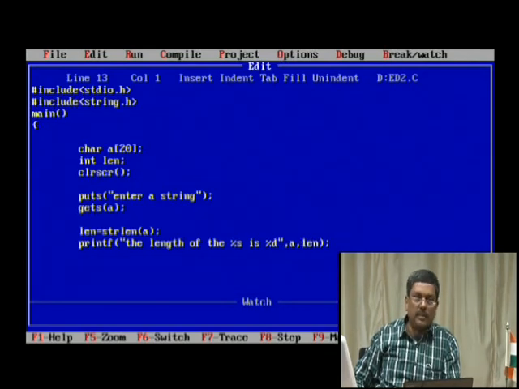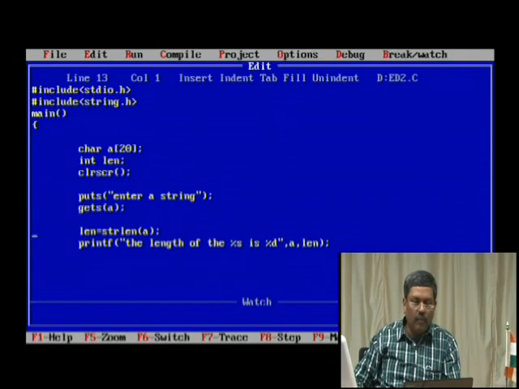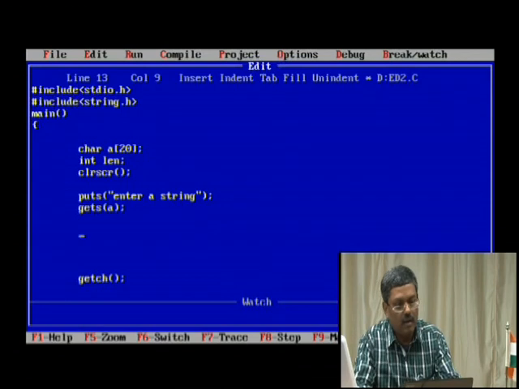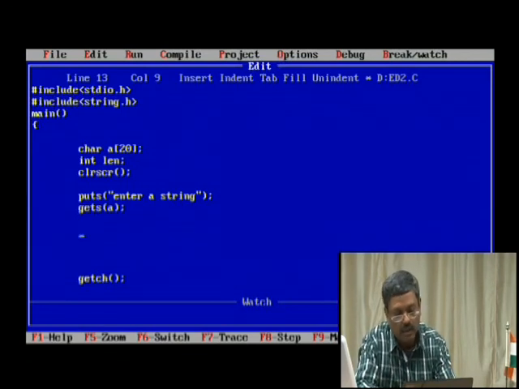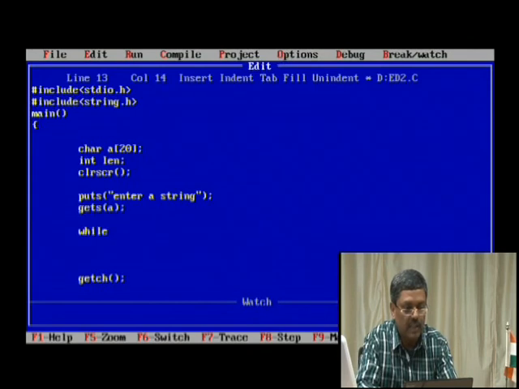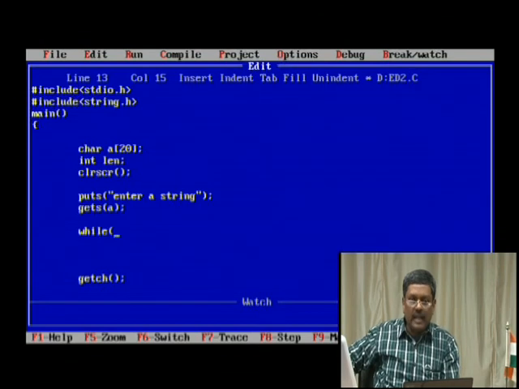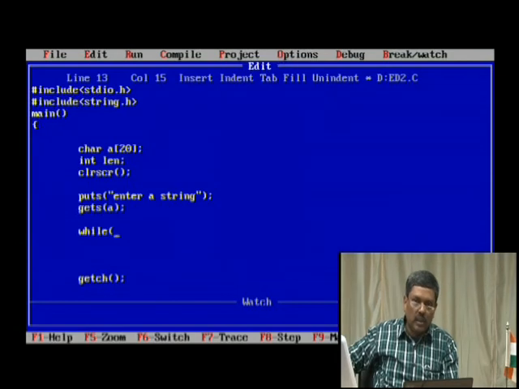So for all such possibilities, that means whenever we do not know what is in store for the program, how to calculate the length of the string is unpredictable. Whenever there is an unpredictability, always what you have to do is go for what I say is the while loop. Because we have to check, we know the string is basically a series of characters. So we have to count character by character. When we want to count character by character, always we have to go through a loop. Okay. So whether it is number or a character, always go through a loop.